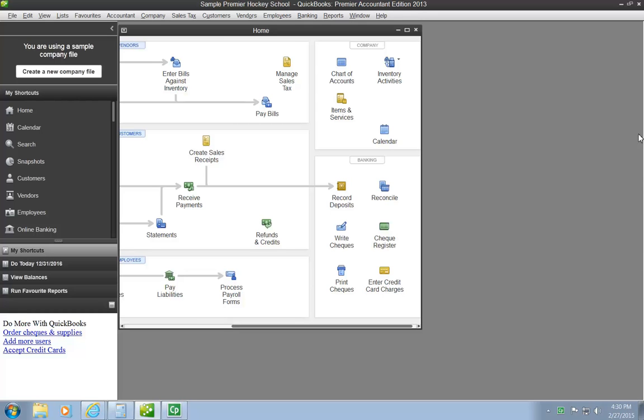I've opened a sample file that comes with the software. It's called the Premier Hockey School sample file. I've just opened it so that we have a file open when we have a look at QuickBooks and what it's all about. QuickBooks is a software program that allows us to do electronically a lot of the work that